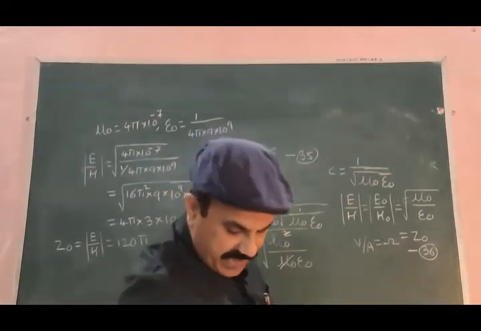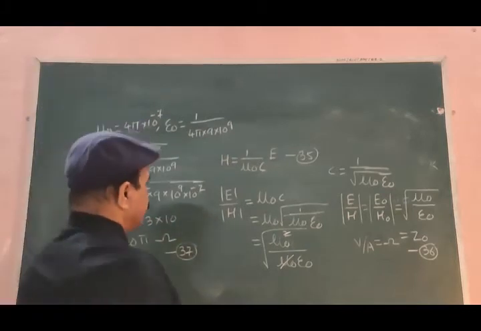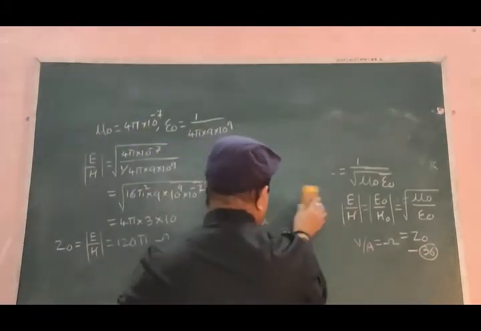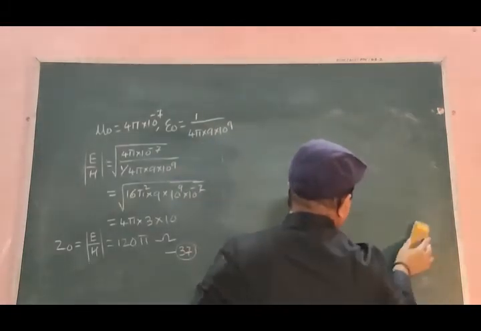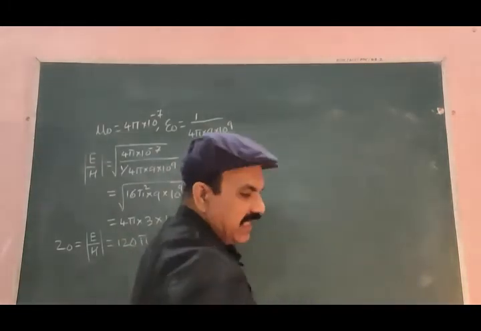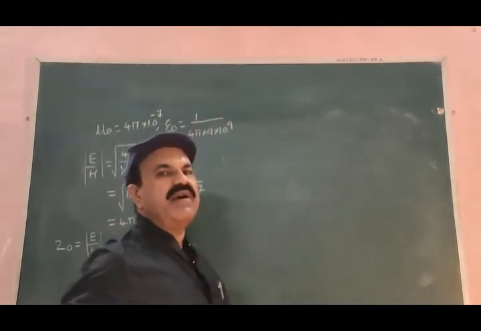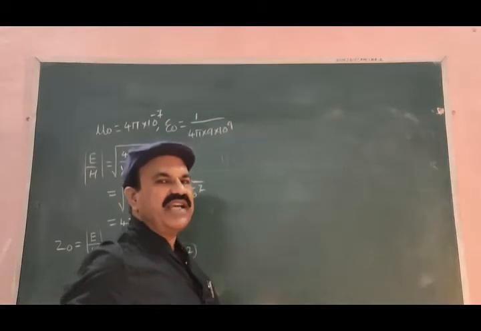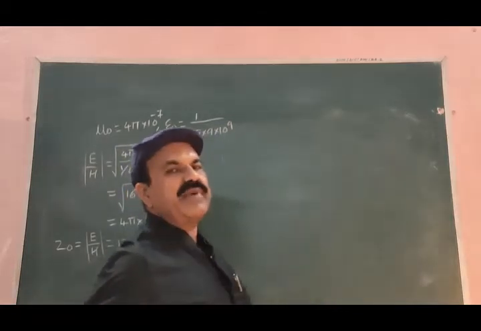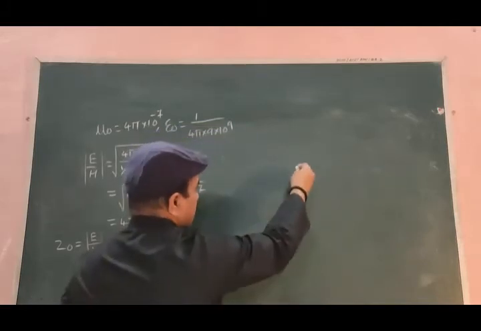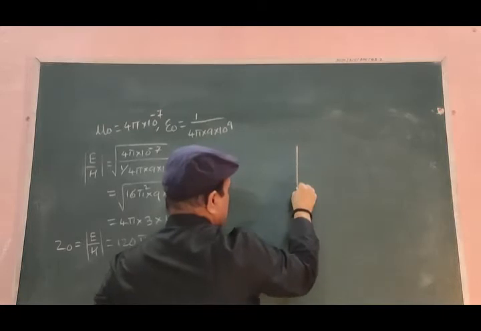This can be shown with the help of this figure. For this, let me draw a figure. With the help of this figure, we can show that the relative amplitudes of E and H are the same at all points and at all times when the plane electromagnetic wave is propagating. And the figure that we have to use for this purpose is